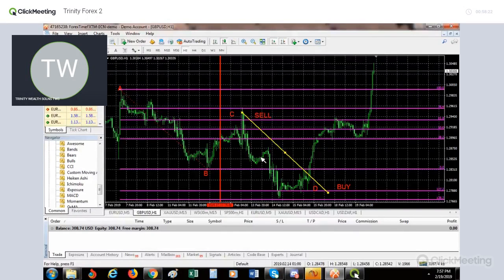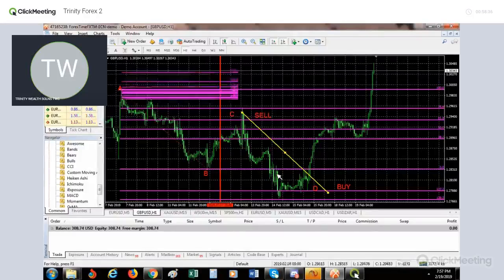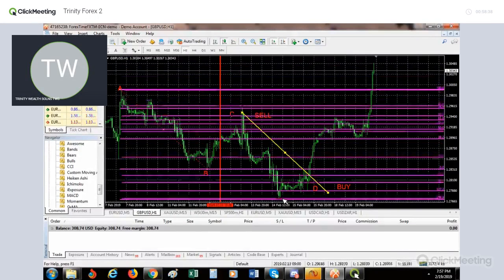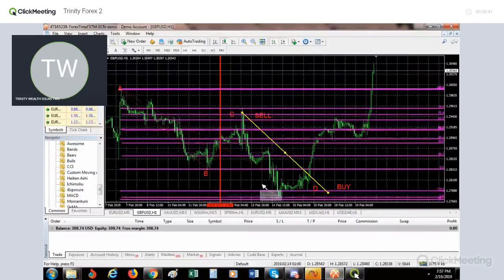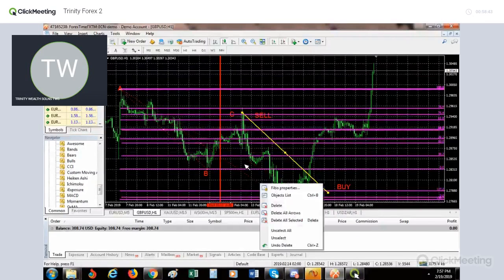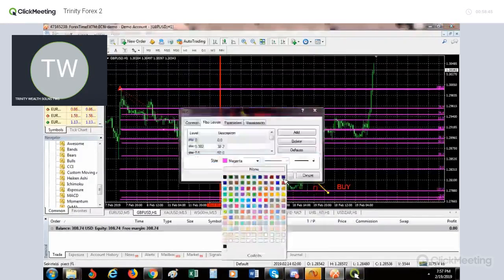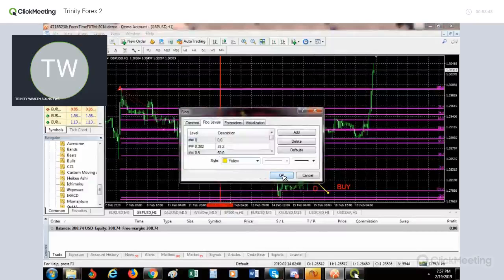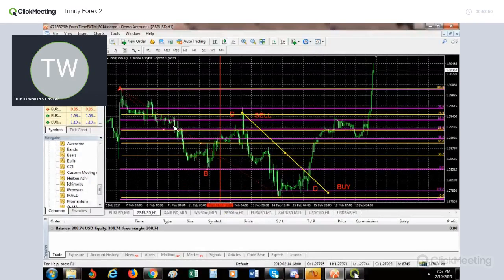All right. So now after that, you set your TPs. We said you have two TP targets. One at 38.2% of the AD retracement, and the other one is 61.8. So now you draw the next retracement to set your TP, up to point D. I'm going to change color so that we can see the difference. The yellow is the retracement of